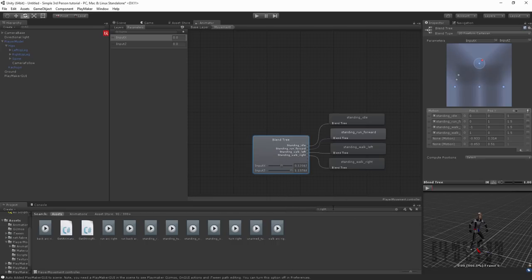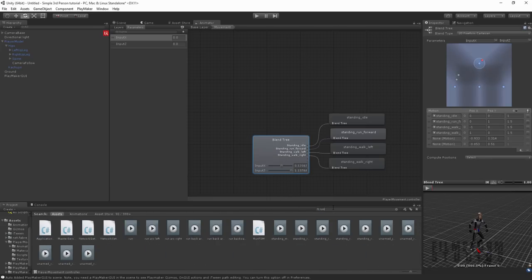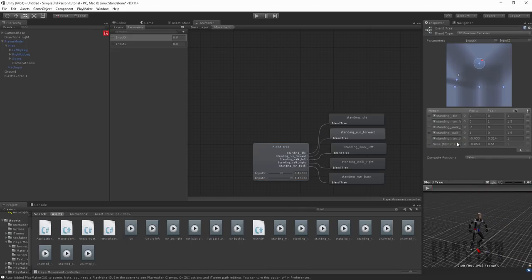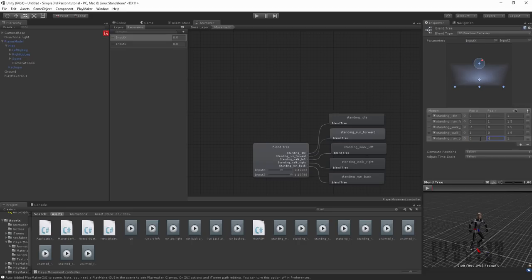Alrighty, now we just need to run backwards and we will be almost ready to set up a simple animation. This one's been unchecked, so he runs backwards. Although that's not really the one we want, something more like this. Let's uncheck that guy and drag this guy in. We can get rid of this other one, we won't need that for now. Make that 0 and -1 because this will actually move him backwards.